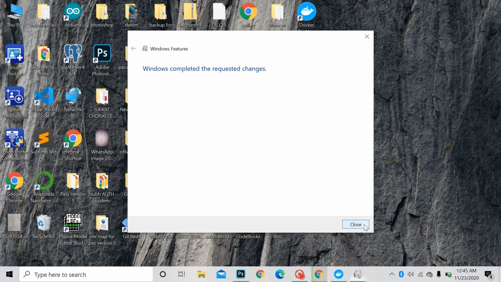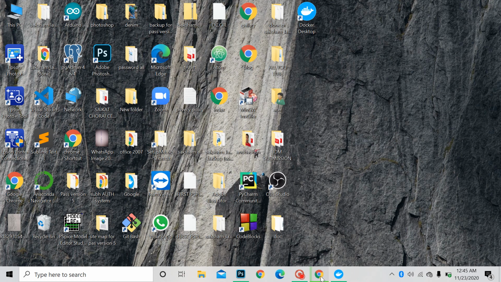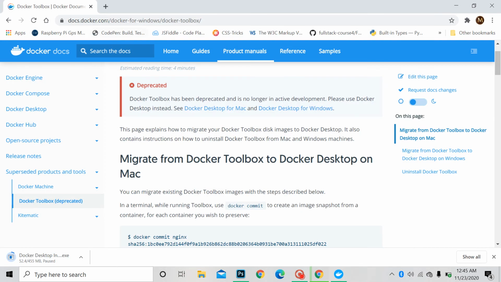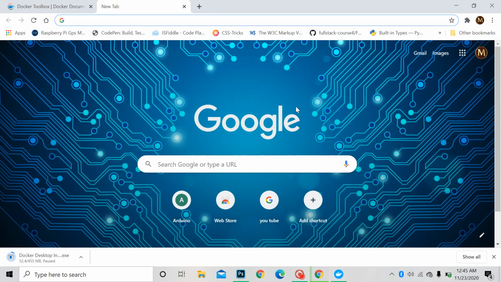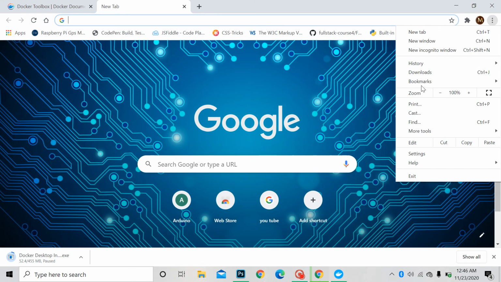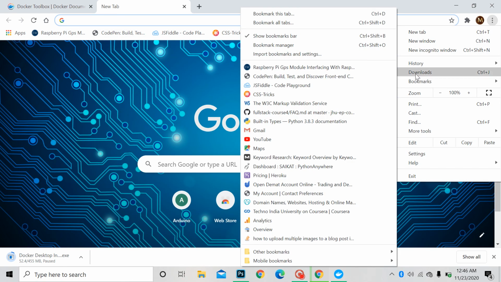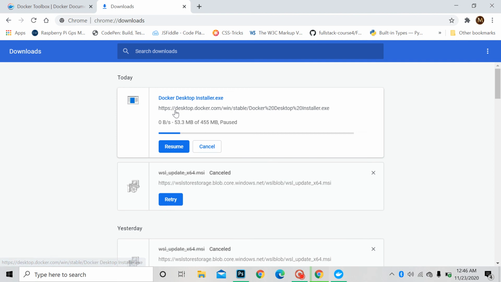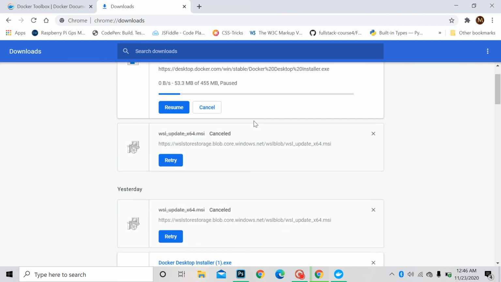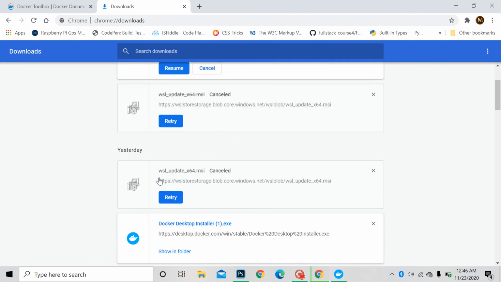If your Docker is not running, then after following those links you will get this link for the WSL update.